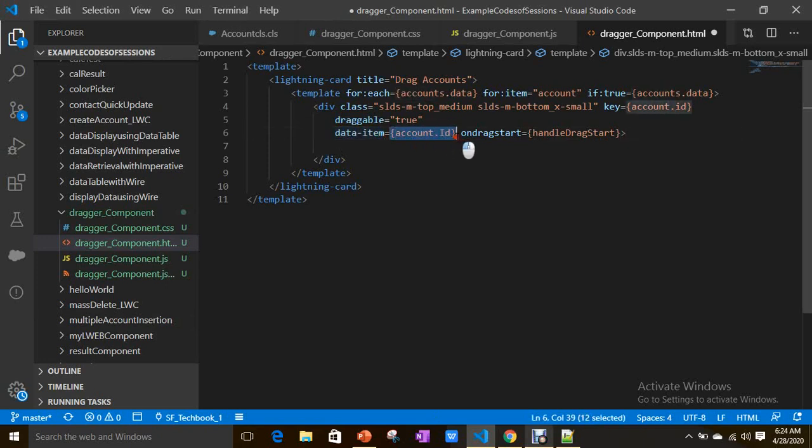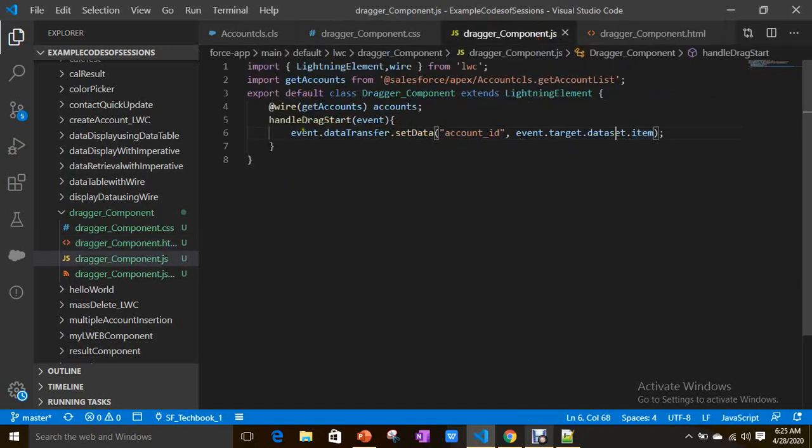And this is the event which is going to fire when I try to drag this div element, right? Then what happens when I drag? That's where I defined a handler, handleDragStart. Here I'm transferring this data by using setData. And here, how can I get that account ID?